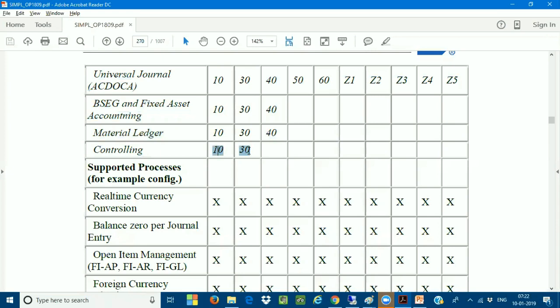Asset accounting currency fields are updated in which table? Asset accounting fields are updated in the same universal general entry with the three currencies, that is 10, 30, and 40. You can't predict what type of question will come, but I'm sure that a minimum of two, maximum of three questions will come from this particular currency fields update.